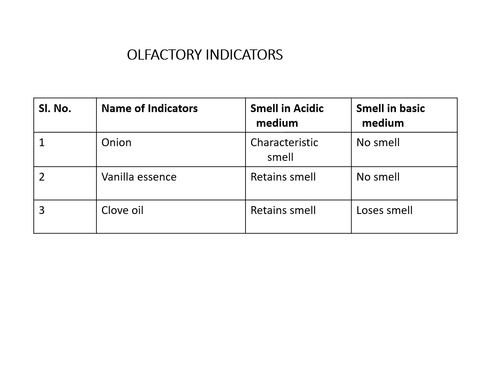Okay, now the second is vanilla essence. What do you mean by vanilla essence? Vanilla essence is a special flavoring agent which imparts a characteristic flavor to the vanilla, that is mostly used in ice cream or other sweet items. So when you add an acidic solution to it, it will retain its smell, but the amount will decrease a little bit. Now if you add a basic solution to it, there will be no smell at all.